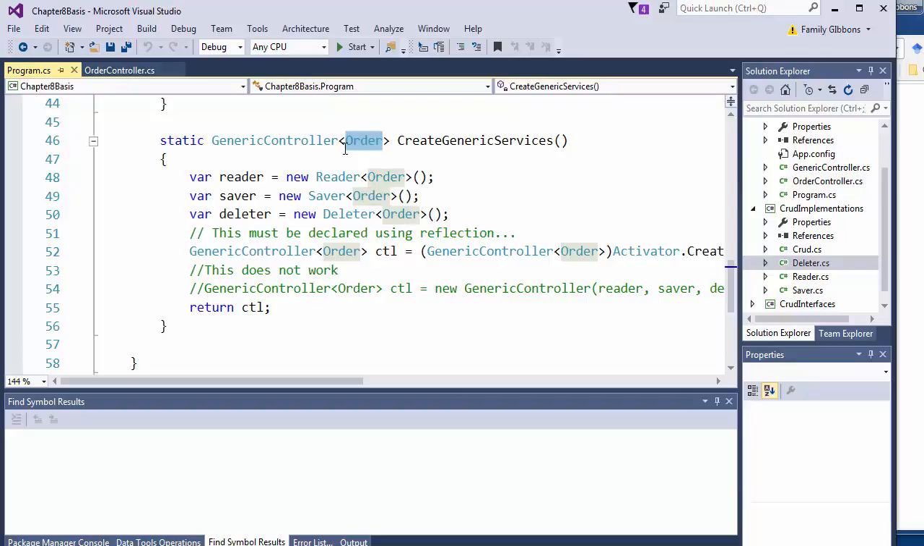And set this up, and we'll look at using the same sort of interface to create a different type, not just orders, but read and write something else. That's one of the benefits of a generic controller. So again, we can use our saver, our deleter, and